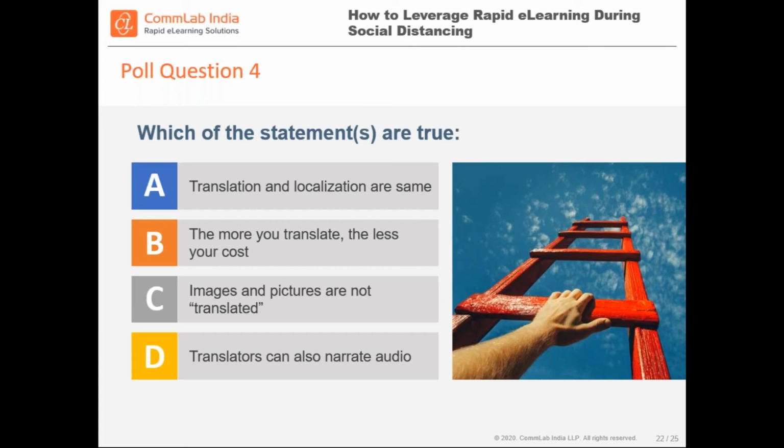Images and pictures are not translated. Coming from the industry ourselves, we have recommendations that, when you are looking to translate a course, please make sure you don't have any text overlaying the images, because when that gets into translations, that's going to be a big issue. So we try not to overlay any text so that we can reuse the images. But if there is text overlaid and that has to be translated, at the end of the day, that image is going to have to be recreated, and that's just going to add to your development cost.